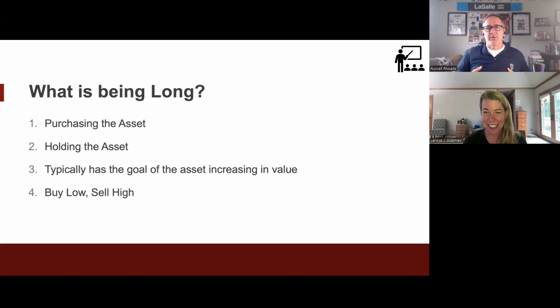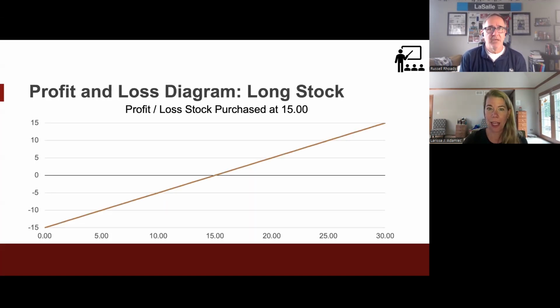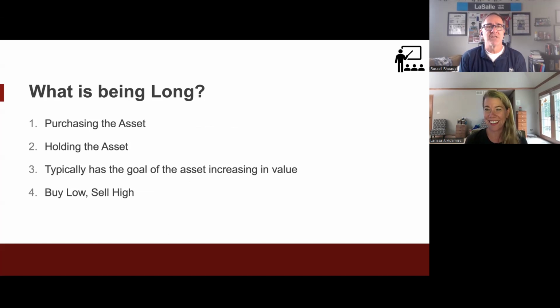Yeah, I think coming from industry as we both have, the thought of selling something and then buying it back in the future, it's just pretty intuitive to us. But to a lot of people, it's not. And I like that we're starting with the stock, with being long and short the stock right off the bat, just to give people an idea that you can sell something and then repurchase it, hopefully at a lower price in the future.